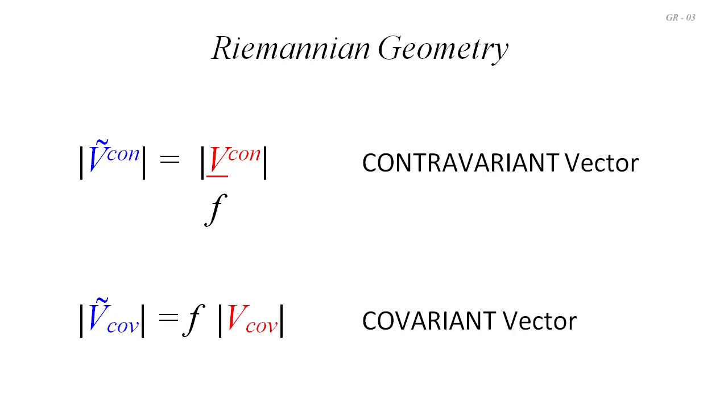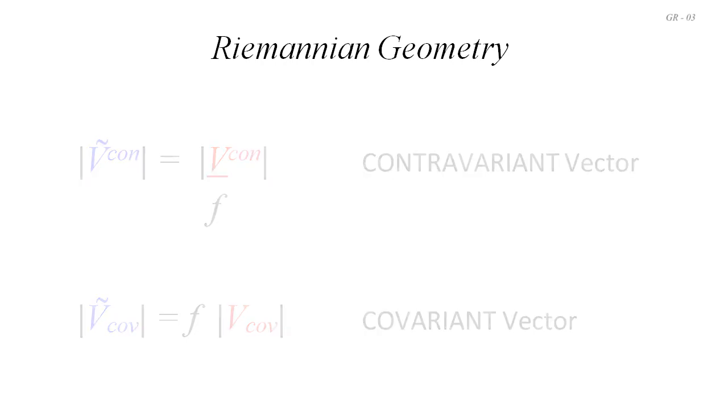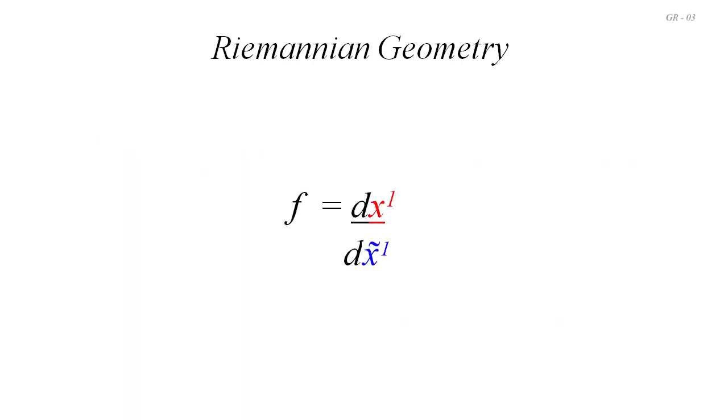Also, given that there might be situations where the stretching is different in different places, it would perhaps be better to write this ratio f as a differential like this. Here, f is the rate of change of the x1 scaling with respect to the x1 tilde scaling. I hope you realise that it will be useful to have this differential version of the scaling factor, because one